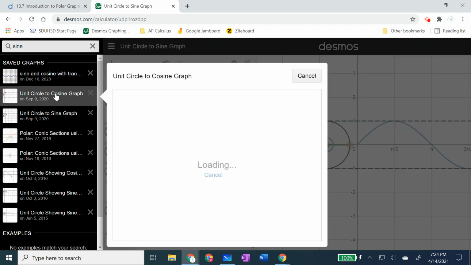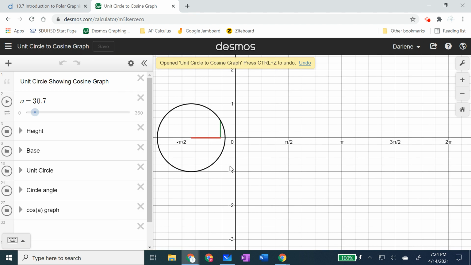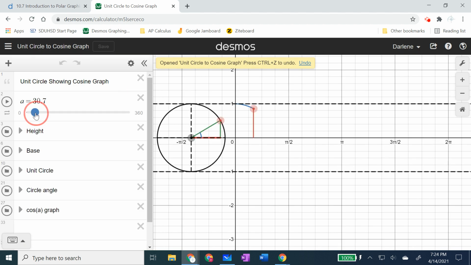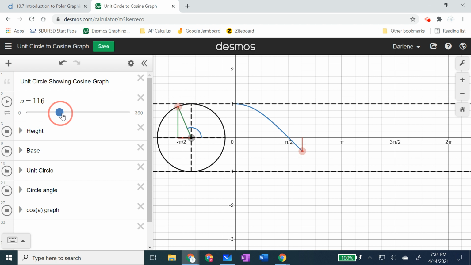If you look at it with cosine, it's a little bit harder to see because with the cosine graph, it's following the x coordinate. While this point turns around the circle, we're actually looking at that x turning vertical. Then once you know what those two graphs are,